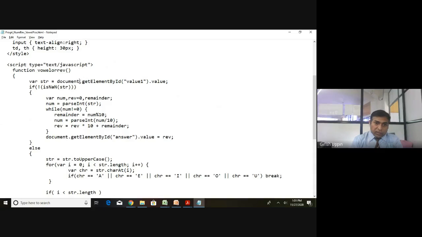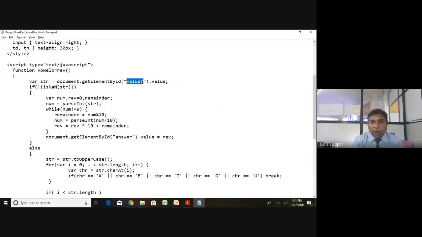This document object has a method getElementById. What this getElementById will do is, whatever id you give here, I have given value1, it will access that element object, and dot value, whatever value is stored in that, will be assigned to str.